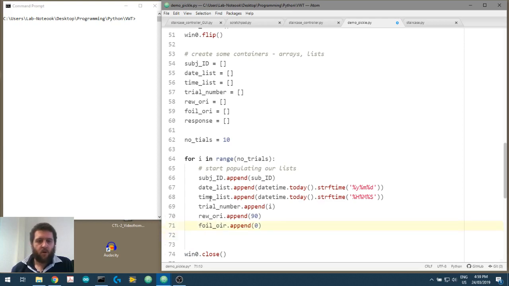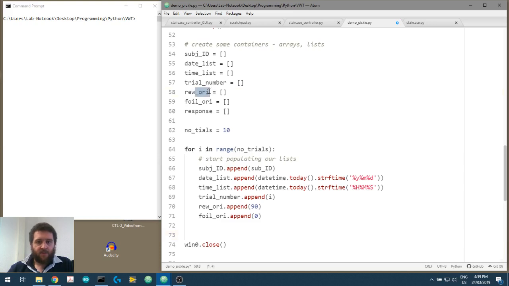Okay, foil ori. And then, so we've got this one, and now we want the response. So the response will be, well, we need a keyboard response. Now, if we were running an OpenCV library, CV2, we could do cv2.waitKey(1), and then bit shift it, and 0xff that. But we're not, we're using Psychopy, so we would do key equals event.waitKeys,